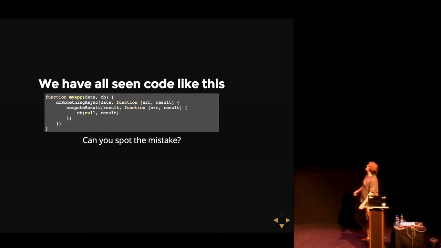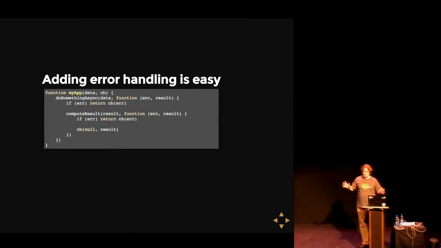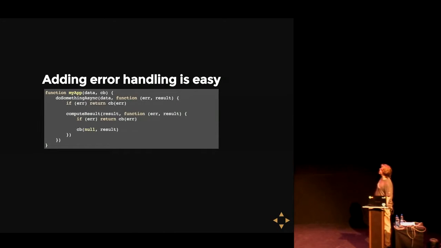That should be everyone. Okay, so here's some code, and about once a week, I'll write something that looks like this. Can anyone see the mistake here? No! In this particular case, it's actually quite easy to just simply forget to handle errors. If you're doing Node.js, one of the things you're going to have to learn is you just have to drill it into your head: the error first, you always have to do something with them. If there's no if statement at the top of your callback, that should be bad.